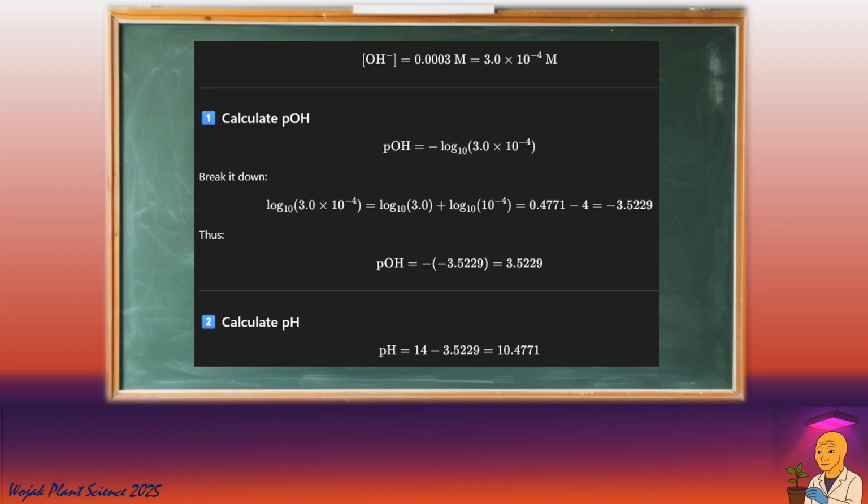We have a pOH value of 3.52, and when we calculate the pH, we have 14 minus 3.52, we have 10.47. So yes, that is relatively high, but you need to consider, in my example, I left a lot of